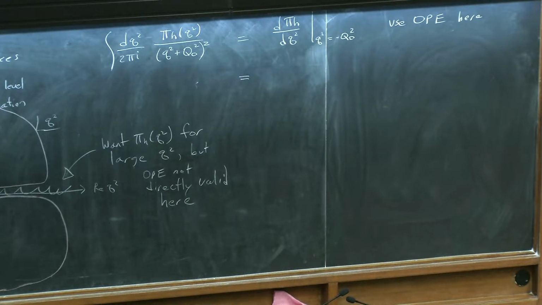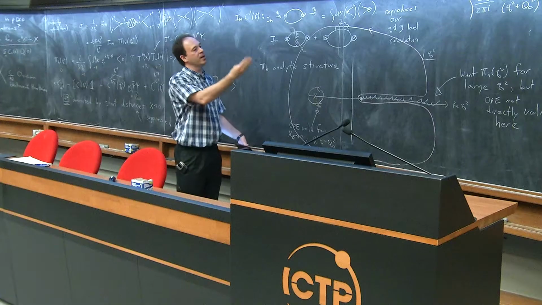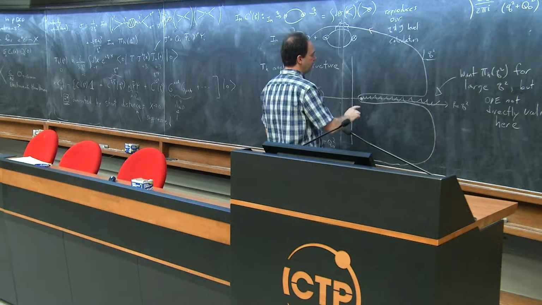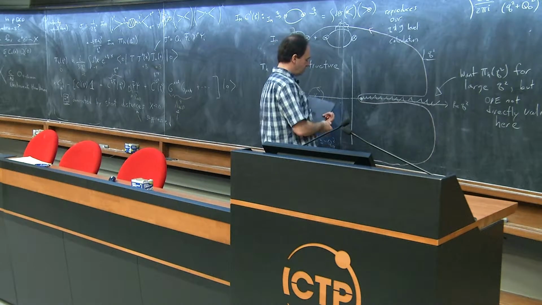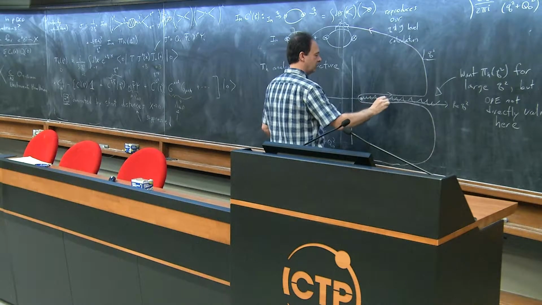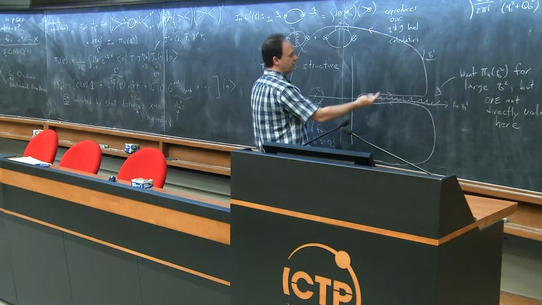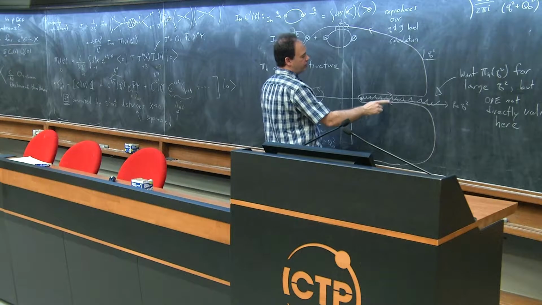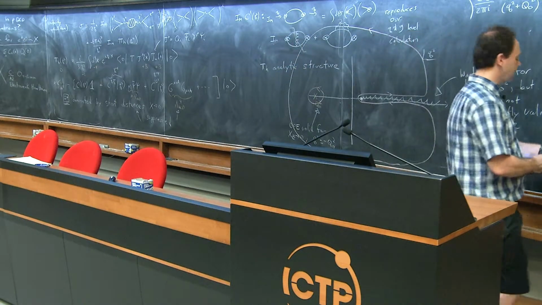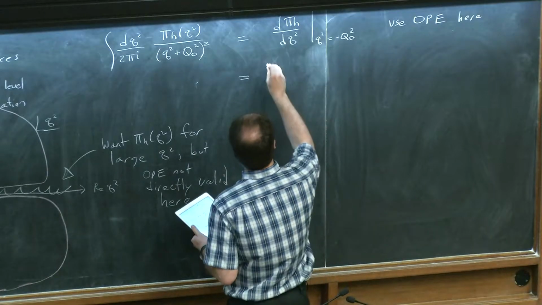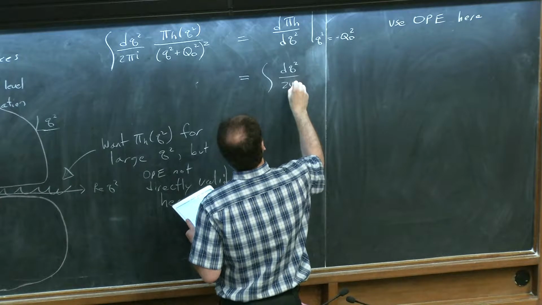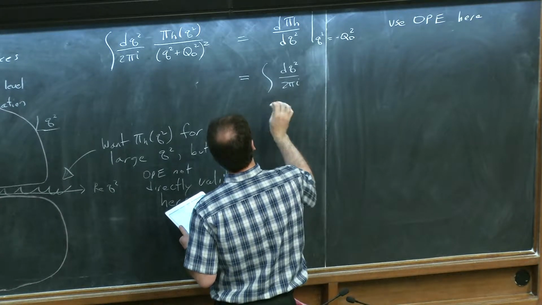And I told you that the contribution out at infinity was dying off because I had enough powers of q squared in the denominator. So if I extend my contour out to infinity, really where I'm getting a contribution from is just this fact that there's this cut here, which is blocking me. And I can come as close to the cut as I want. So really what I have is two paths, one above and one below the cut, but in opposite directions. And what that gives is an integral along the cut along this real axis